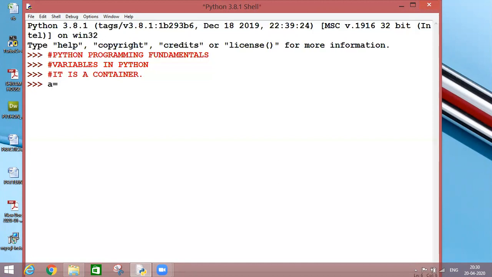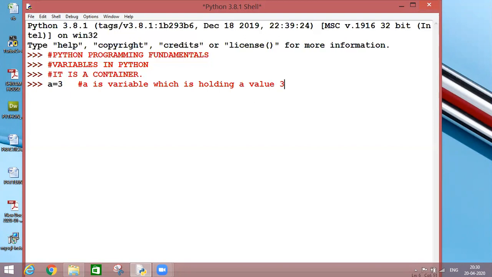If I say a is equal to 3, this is a statement in Python, a is equal to 3. So here a is my variable which is holding a value as 3.